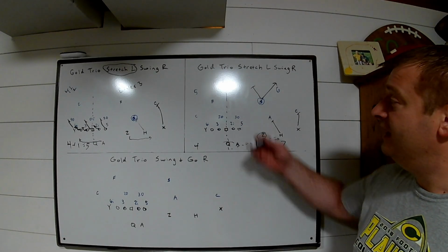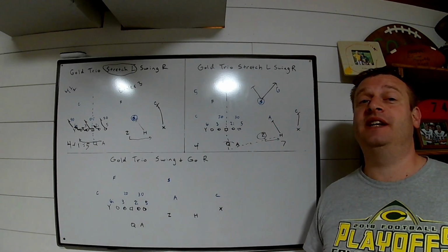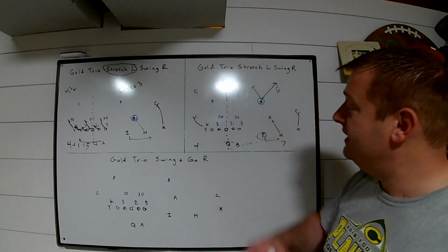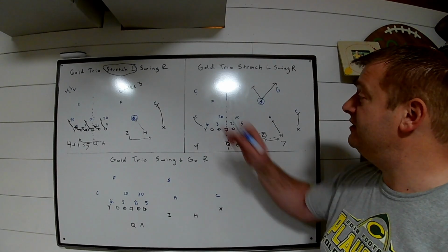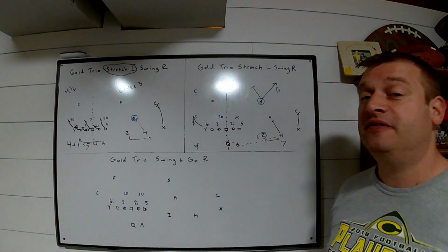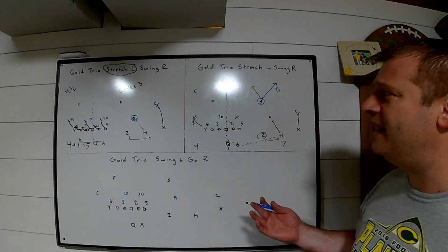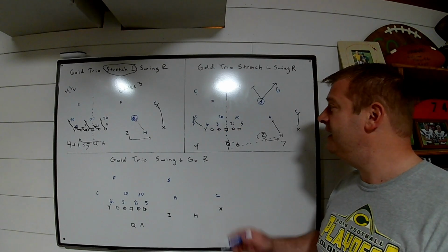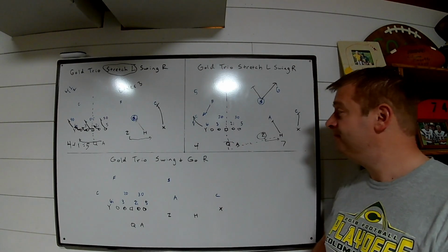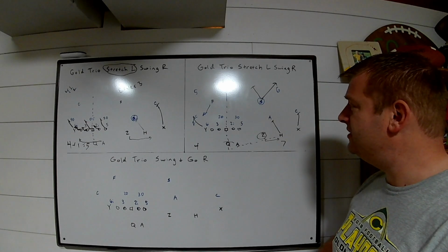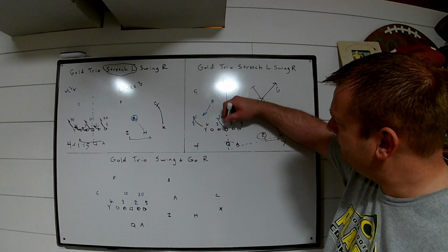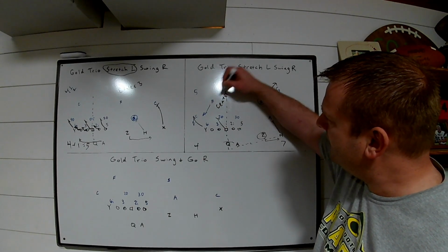Big issue with stretch. Our Y is never going to get that corner reached. I mean, that's just a hard ask. And then on top of that, because he has to go further, that free safety, that corner can play it extra hard because he's got that free safety over the top. Not much different from the outside linebacker, but the leverage there, that free safety is going to have time to pull his trigger and determine what's going on. And then on top of that, the other place where we're out leveraged is that is a hard run for the center. So right now, our center and our tight end,